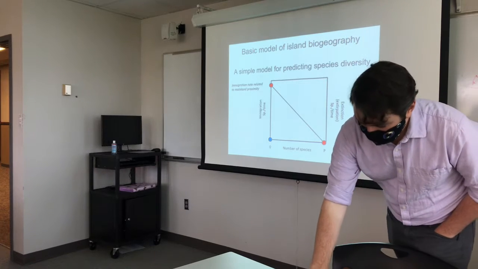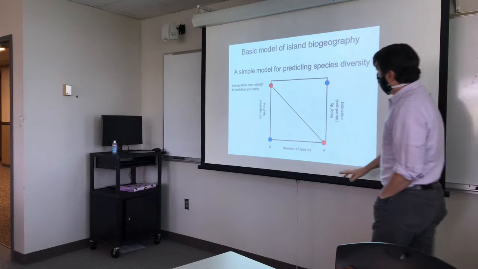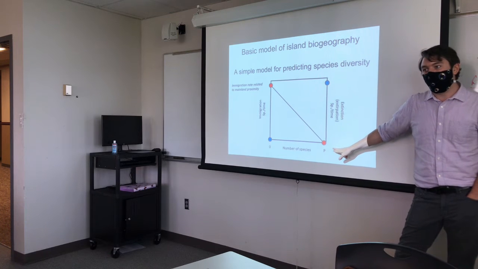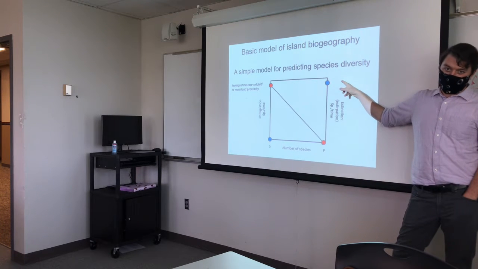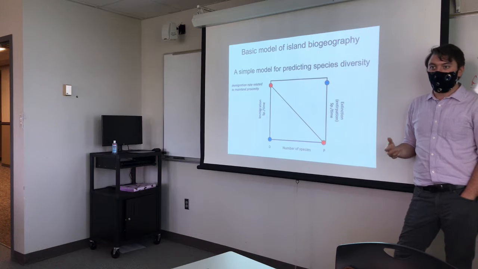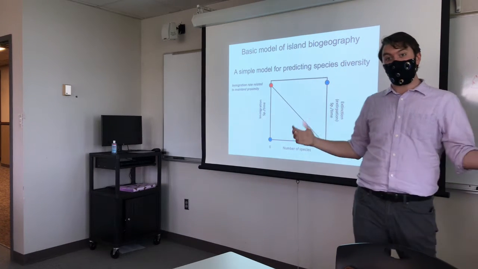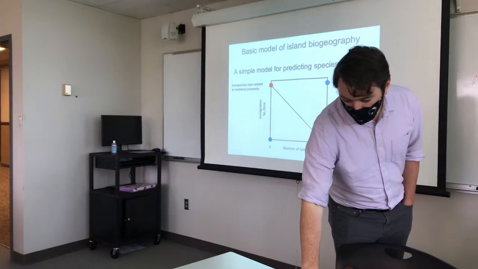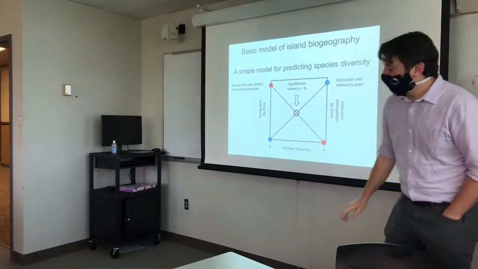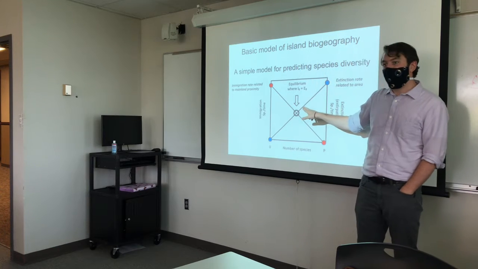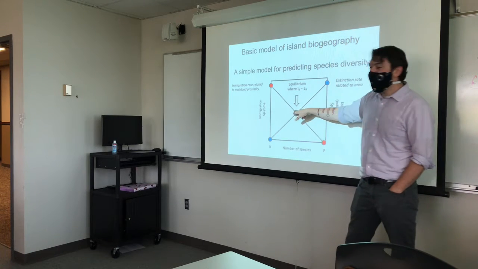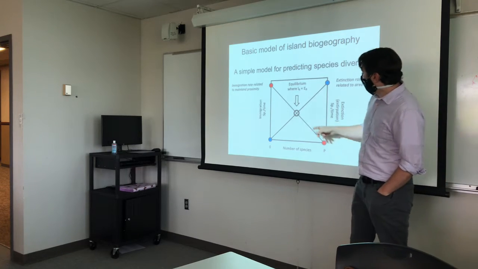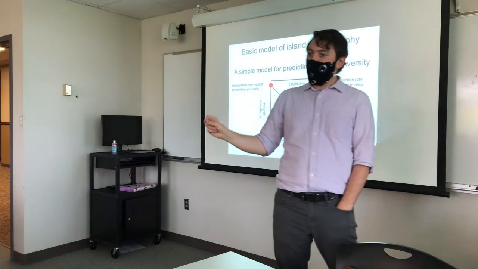If you imagine packing all the species of all of South America, 2 by 2, onto an island in the Galapagos, a lot of them aren't going to make it. There's just not enough resources for all these species, not enough habitat diversity for all these species in a given area. So we see an opposite relationship here. And the two lines cross. There's a point at which the rate of new species arriving with each individual dispersing, and the rate at which the next one that dies is the last of its species, balance each other out.